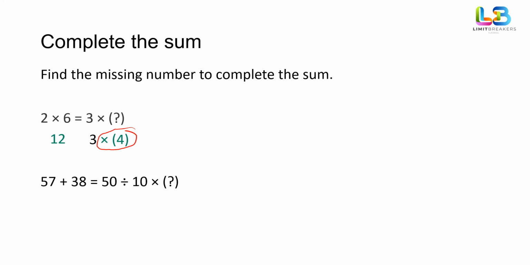In the next question, if we do the same thing on the left hand side by adding 57 and 38, we get 95. So on the right hand side, we have to first do 50 divided by 10, which gives us 5. And if we times 5 by something, we get 95. In order to get our answer, we simply divide